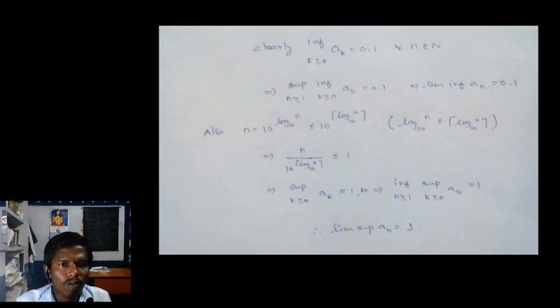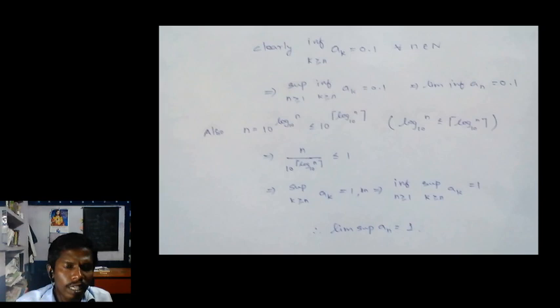Also, if you observe the sequence, we know that the value 1 occurs infinitely many times, because the first term is 1, the 10th term is 1, the 100th term is 1, the 1000th term is 1. If you take any 10 power nth term, you will definitely get 1. Therefore, 1 occurs infinitely many times in the sequence an, which implies the supremum of ak, where k is greater than or equal to n, is equal to 1 for all n belongs to N,